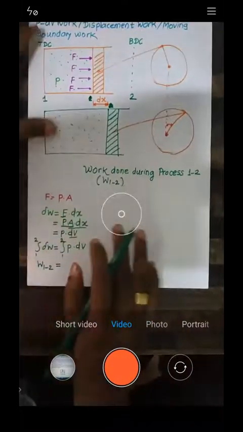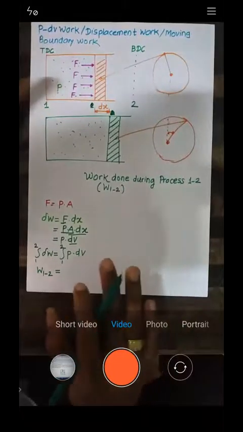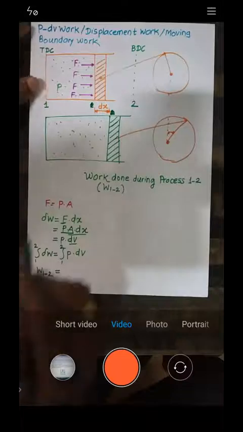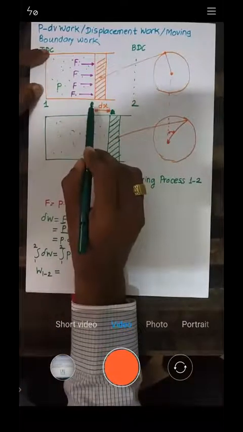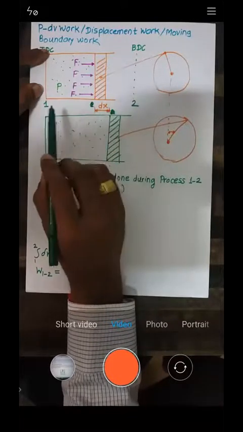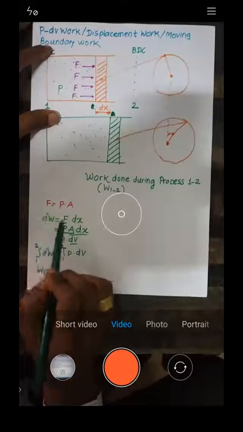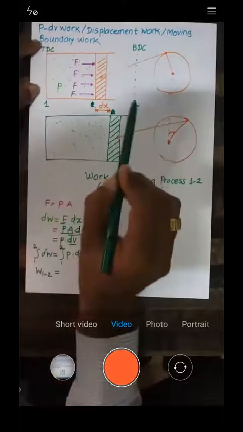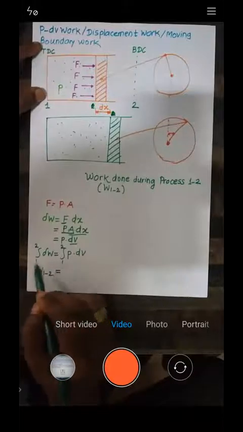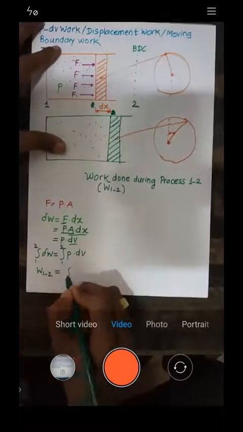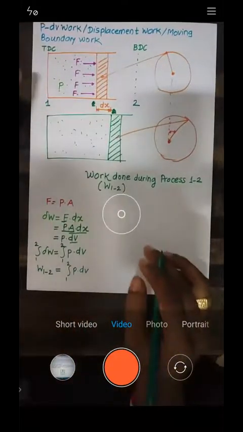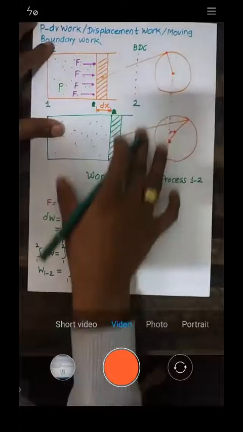So you will get the work done when the process is done. Work done is for a process. The piston initially was here and now it got shifted to here, so work is done from this to this process. That is the work done that we used to call del W. Now we need to calculate it for 1 to 2, so we will integrate del W and get the work done for 1 to 2, that is W1 to 2. And this will remain as it is, integration 1 to 2. Is that okay? Have you understood this diagram? Yes, sir. Let me know. Have you understood this one?